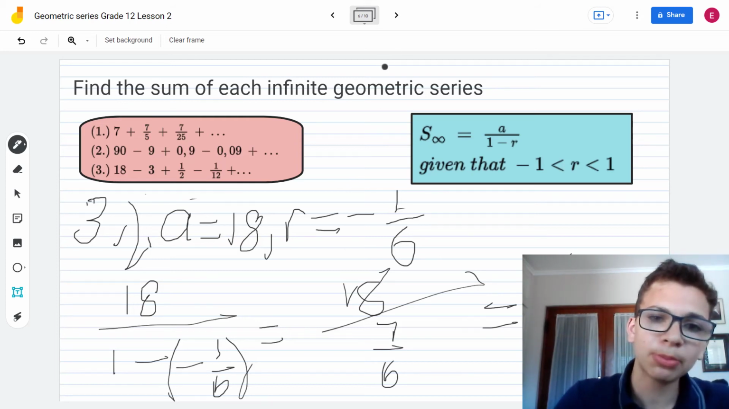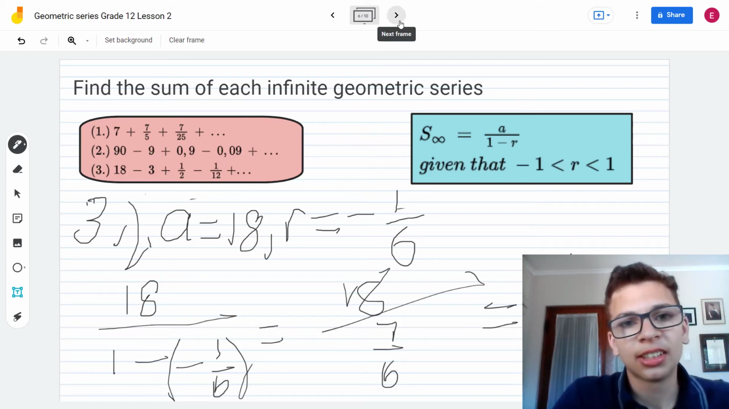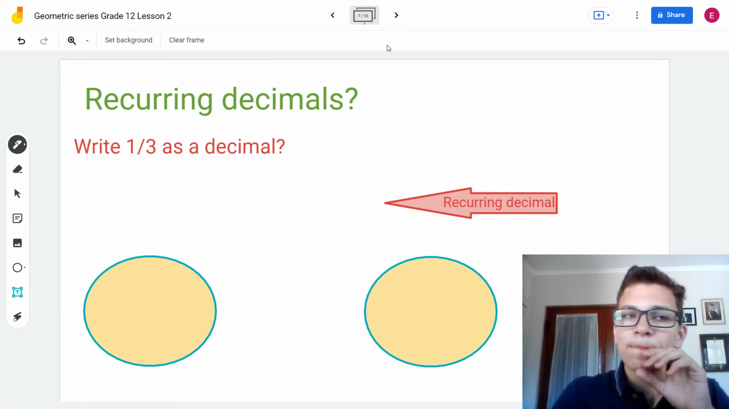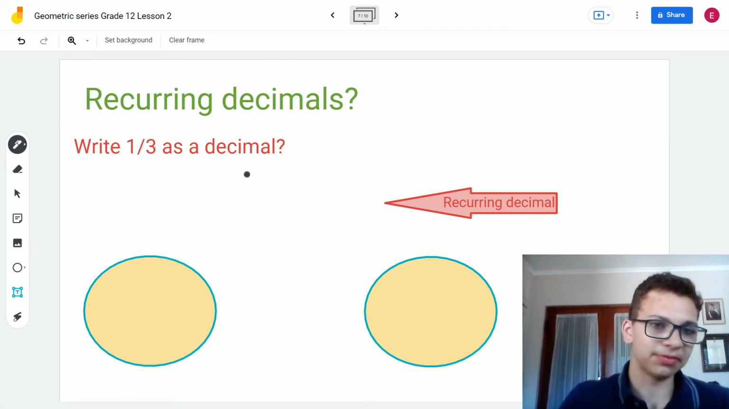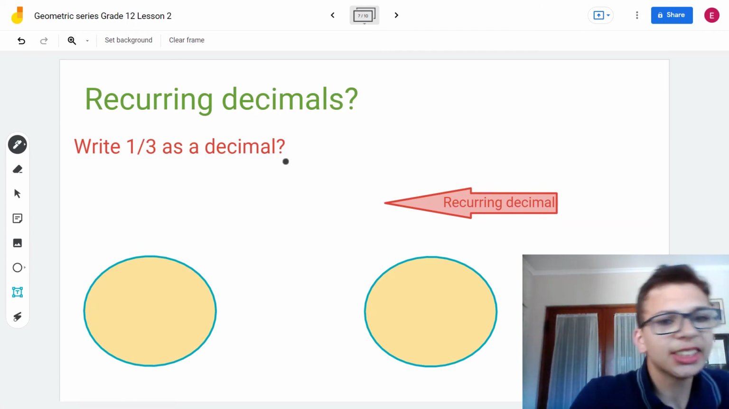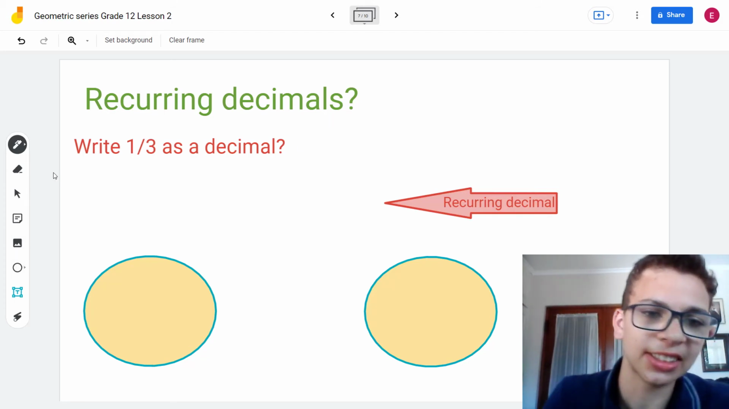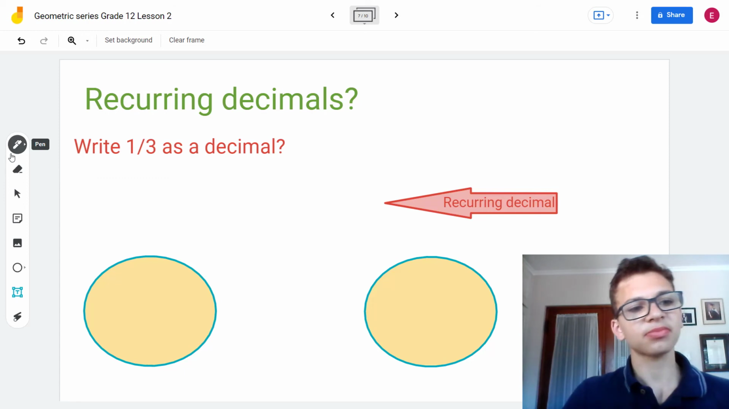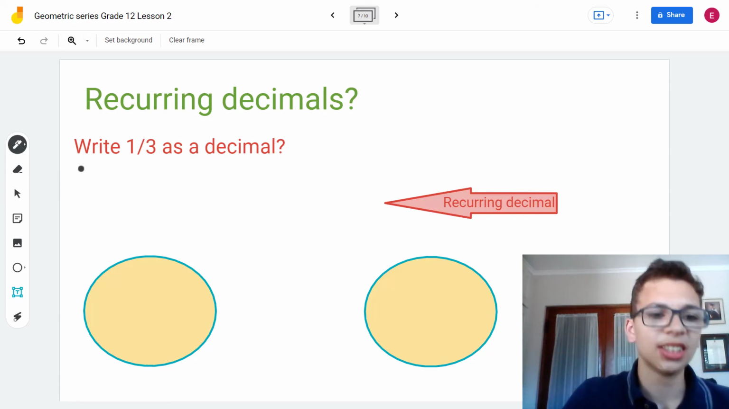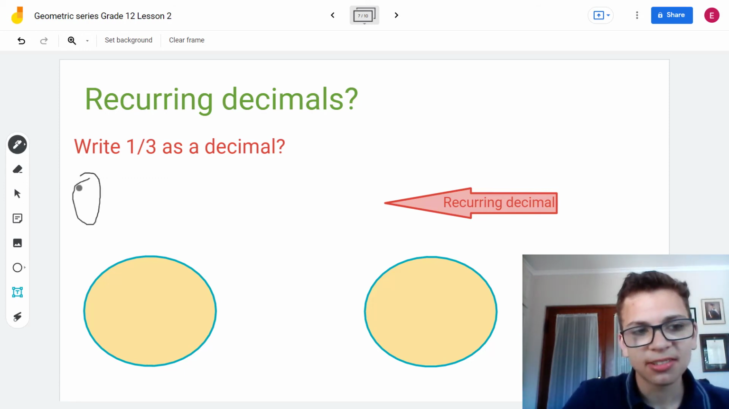Now we can actually do a bit more than this. This is a little bit of extend yourself, but what about recurring decimals? So how do we write 1 over 3 as a decimal, right? Well, what is a third? If you type it in your calculator, or if you just know it off by heart, you should know it's